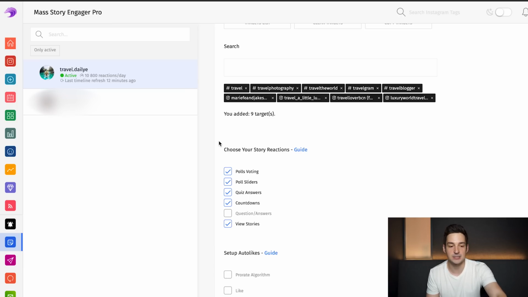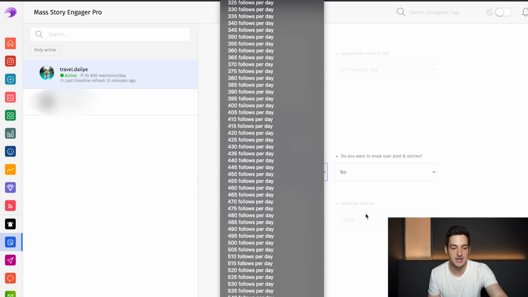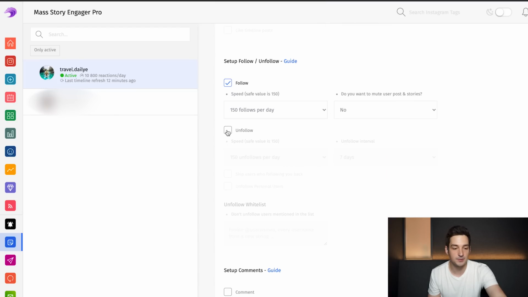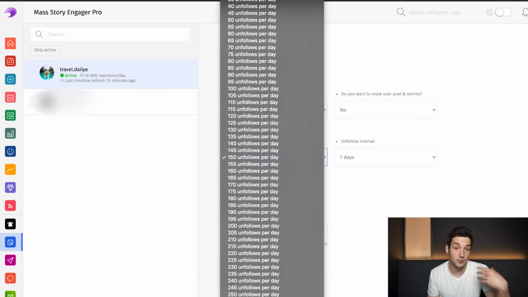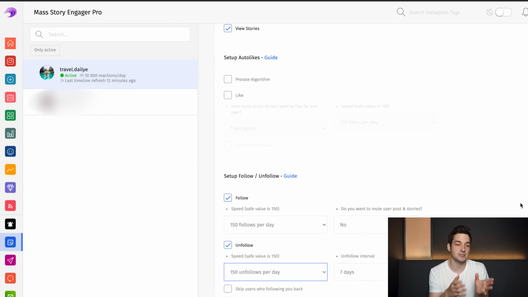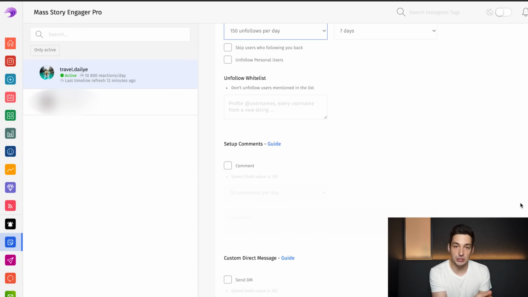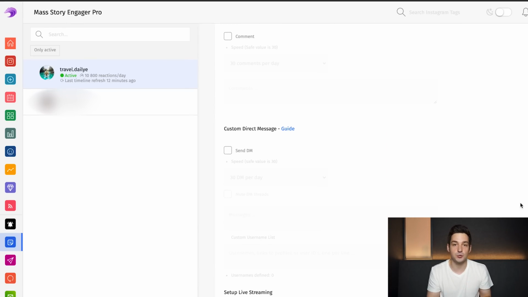view stories, as I already said. Not only that, but they also let you follow and unfollow. As you can see right here, you can set how many people you want to follow each and every day. Then they let you unfollow people. They also let you say how many people you want to unfollow. So again, you can basically do everything with this software. Feature-wise, this software is good to go because it allows you to do mass story viewing, follow for follow,